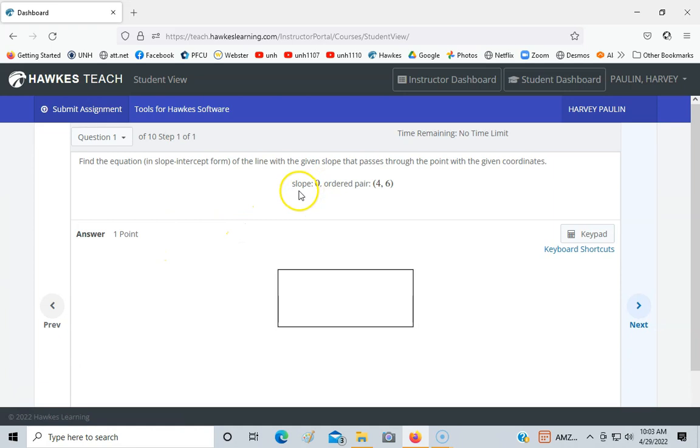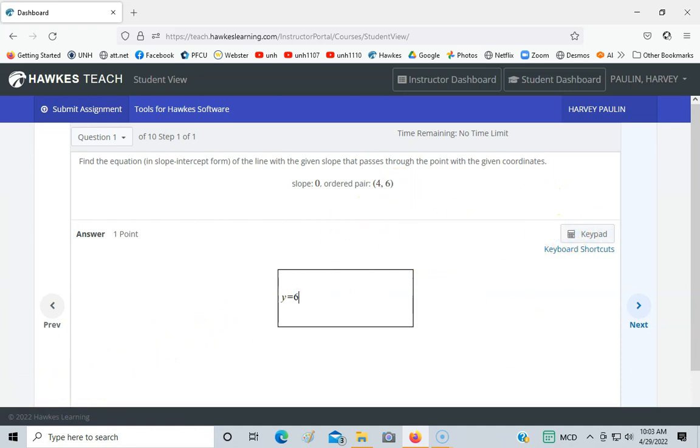Again, you don't know the protocol yet. We haven't done this, but any line that is a slope of 0 has the form of y equals b. So the answer to this one would be y equals, and I'm just using my keyboard, and in the ordered pair it's a comma b or x comma y, so our b value here is 6. Now it's not going to tell me the answers at this stage, because I'm doing this as a practice test to use the various